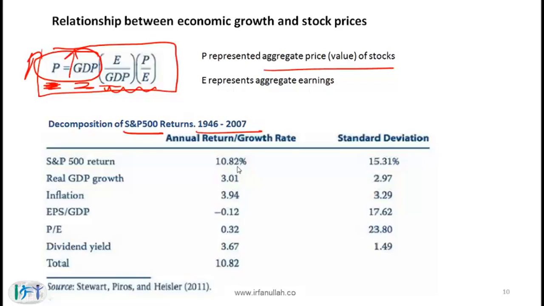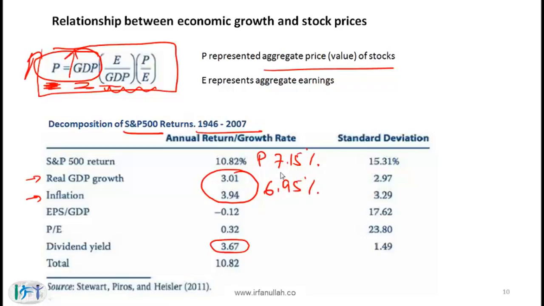Of this 10.82%, we are told that the dividend yield is 3.67%, which means that the prices have gone up approximately by 7.15%. So 7.15 and 3.67 will give us 10.82. Notice also that the GDP growth, which is the nominal GDP growth, is a combination of the real GDP growth and inflation. So if we combine these two numbers, we are saying that the GDP has gone up by